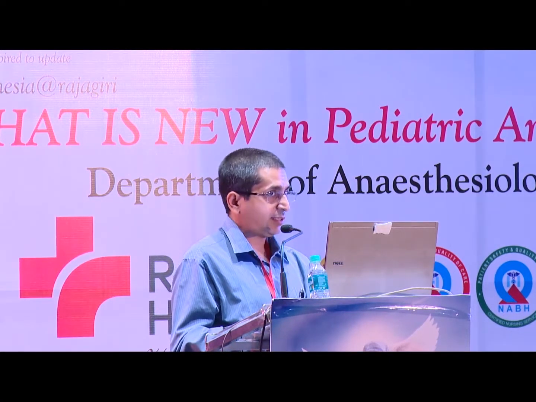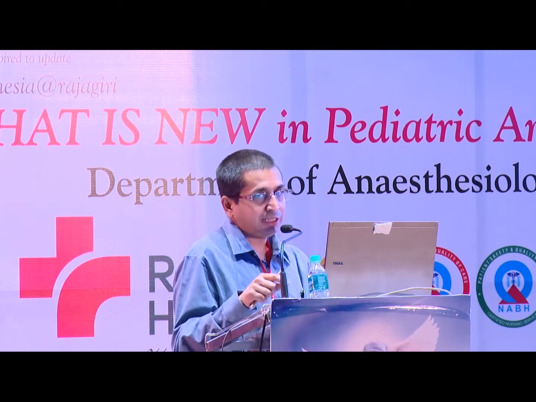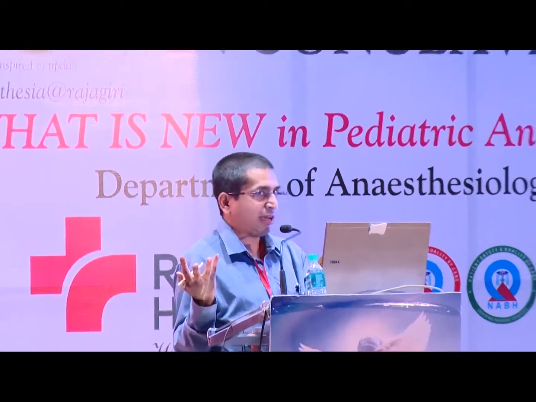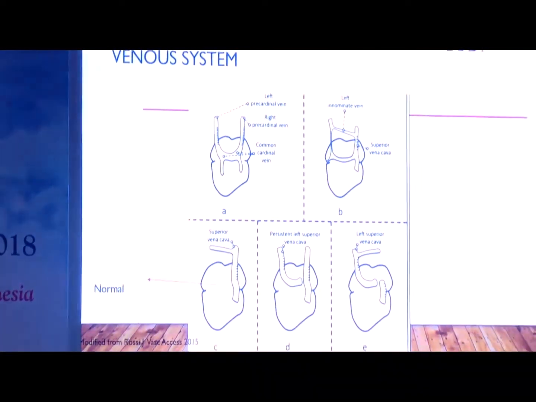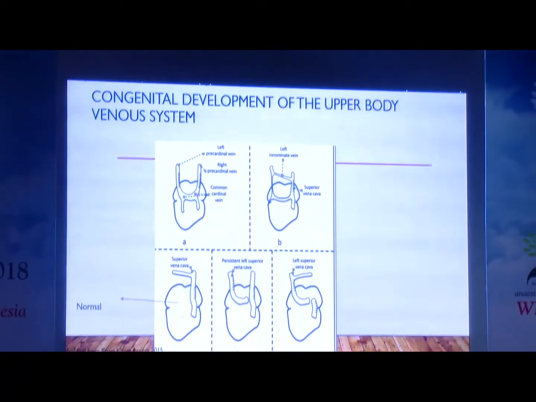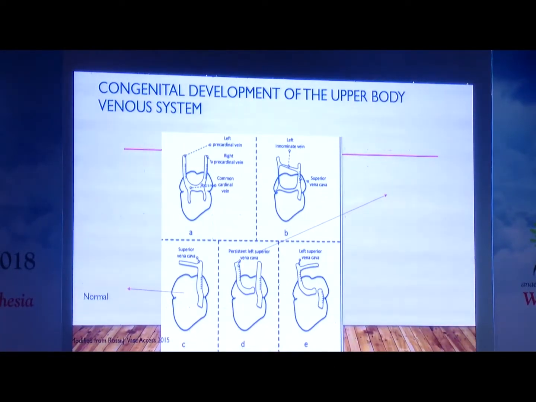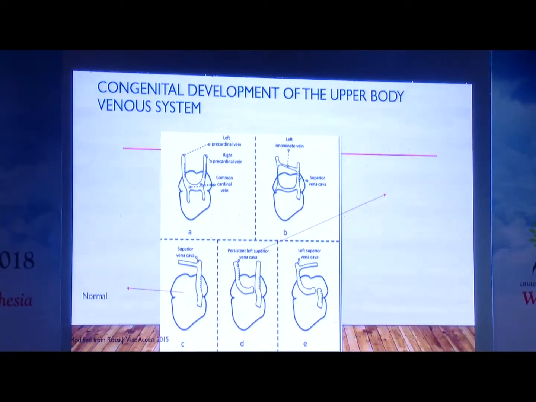What about venous access? Does anybody remember this from your anatomy? No, we don't, because anatomists don't teach us. Why do you need to remember this? When you have congenital heart disease, you have a 60% higher chance that your veins are not normal. A very rare situation is where you don't have a right-sided superior vena cava. If you don't know this, you can keep trying to put a right IJV. It will never go anywhere. So that's the important thing to realize.